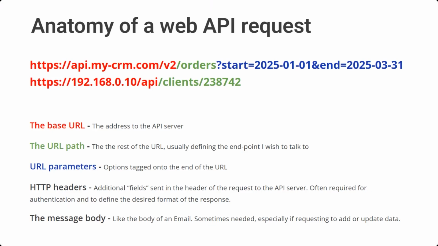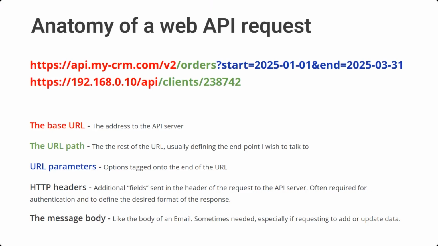The next is the rest of the path that makes up that URL, and that typically defines which of those API endpoints we want to talk to, which set of information that this API provides we are going to request to get back. And finally, optionally, we also have the ability to add what are called parameters or arguments